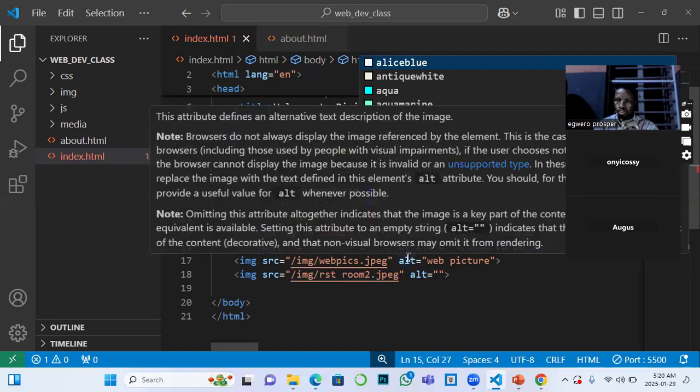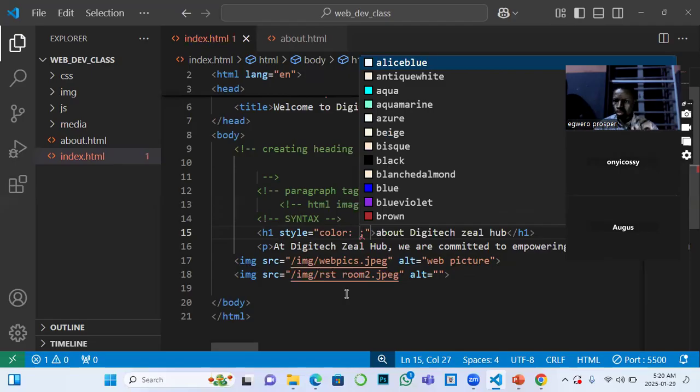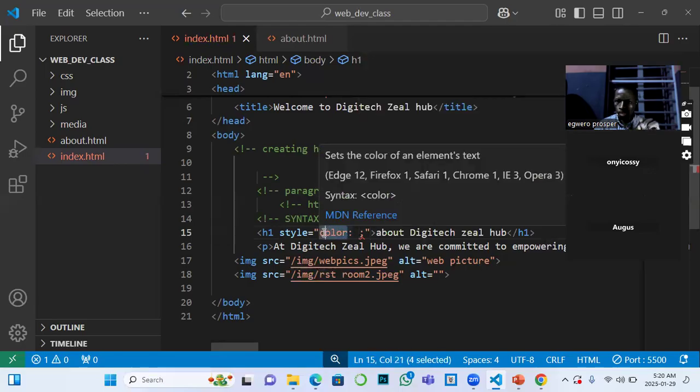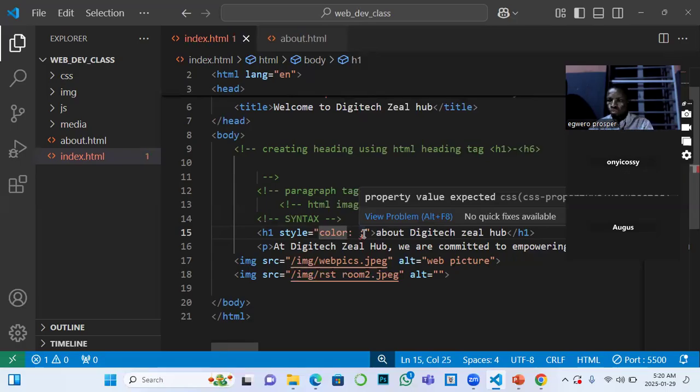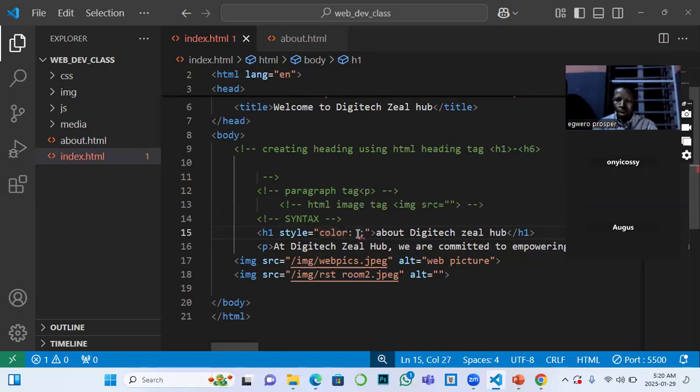Now, let's quickly take some time to understand the CSS structure. The CSS structure is that the property name comes first, and then the colon is what separates the property from the value. And then the semicolon is what ends one property, or what demarcates one property from the other. So if I come inside here now and type red,